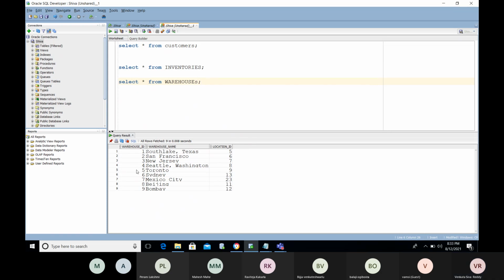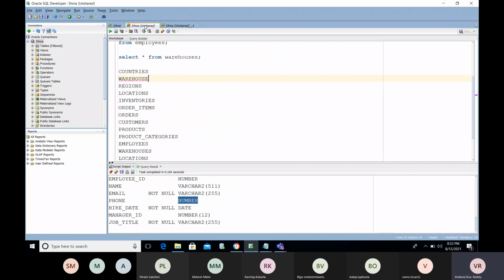After that, I need the segregation of the result: how many orders have been placed individually, customer wise. Got it? How you will do it, I don't know.